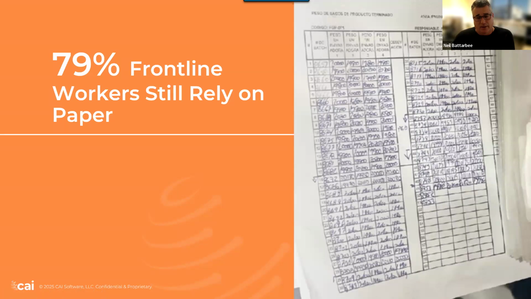So Matt, this is actually from one of our sister companies, right? ShopVue. This is a Possible survey that they did, their big frontline connected worker solution. Sure. There's a lot of paper on the shop floor, right? When you start working with a ShopVue customer, what are you seeing?